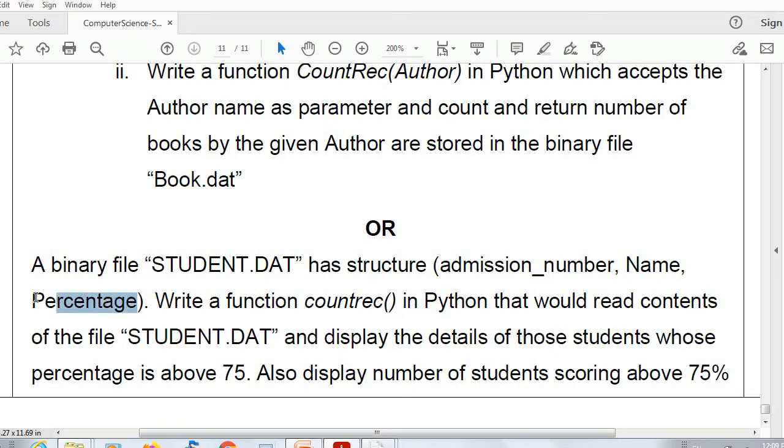That is the value here in the tuple at index 2: 0, 1, 2. Then the second part, display the number of students scoring above 75. So you have to display the records as well as count the records and finally display the count. Clear? Then we will see the answer.